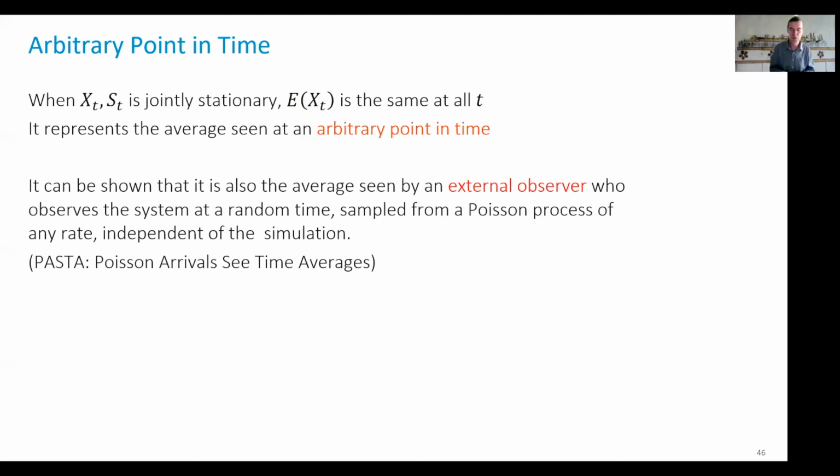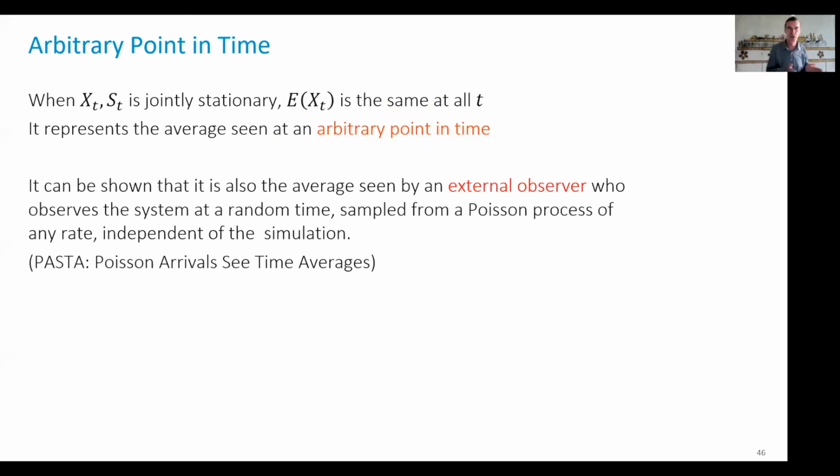So to sample at an arbitrary anything, we need to put a distribution on the thing. The problem is we cannot put a distribution on time. Of course we can put a distribution on time, but we cannot put a distribution on time that is time invariant, that is uniform, which is what we would like. If I have a time interval between 0 and 10, I can take a uniform distribution between 0 and 10. I mean, any time between 0 and 10 is as likely to occur as any other time. And we know this distribution.